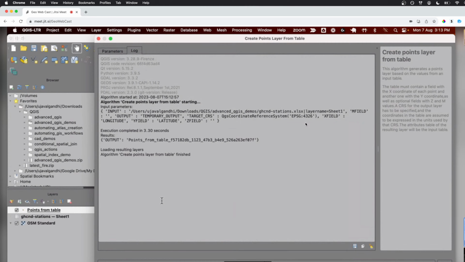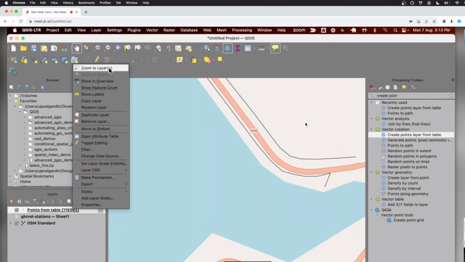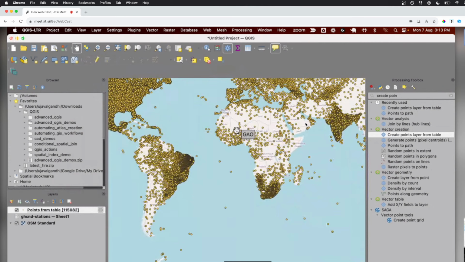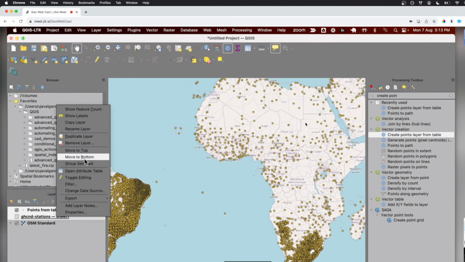And now you can see it took 3 seconds for me to create a layer from 100,000 points. Let me just show the feature count, 150,000 points. This is our global layer of points that we just created from an Excel file. Wow, and in less than 5 seconds, man. Sometimes we hear criticism that QGIS cannot handle large data or do this kind of processing. I hear during conferences that QGIS is okay for your analysis work or scientific work, but probably not something that we would want to use in business use cases.